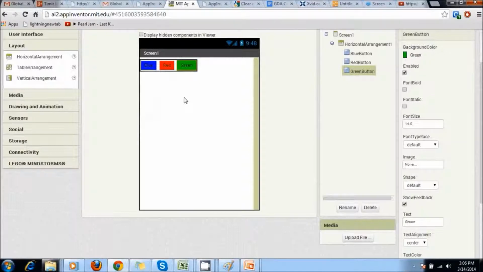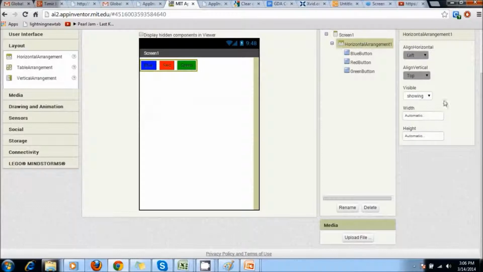So we're also going to change a few settings. We're going to change the width of the horizontal component. We're going to make the width as fill parent, and that just shows that the entire length of the width of the screen is going to be the width of the horizontal component.